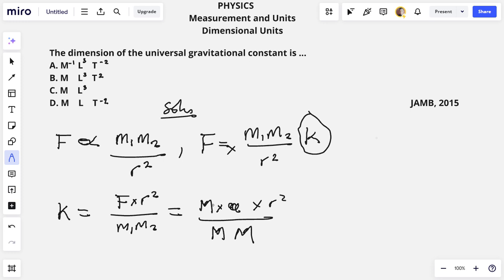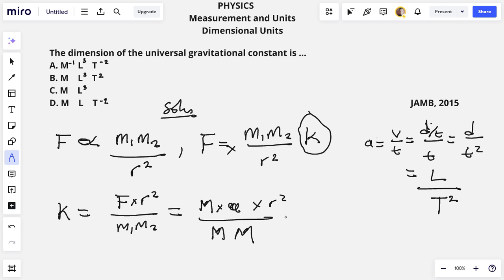The dimensional unit for acceleration is defined as the change in velocity over time. Velocity on its own is a derived quantity, meaning displacement or distance over time, then divided by another time. So this will be distance divided by time squared. The dimensional unit for acceleration will be the distance, whose dimensional unit is L for length, over time, represented with capital letter T,